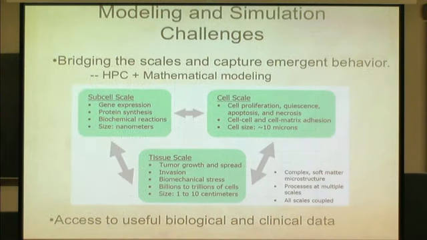And so, of course, from the mathematical point of view, it's a very challenging problem, as I mentioned, because you have this linking of scales. And so one wants to build models that bridge the scales, and I probably won't have time to talk about that, but I can talk about that after if anybody is interested, what we've been doing with that. But another key thing is trying to access data. And there's a lot of data, of course, that's out there, but not all of it is useful for mathematical modeling, and that's a big challenge.